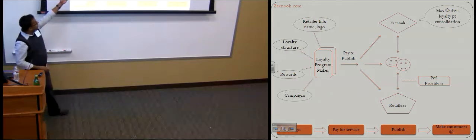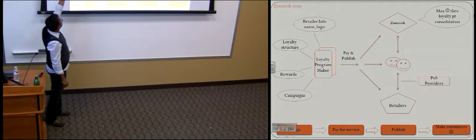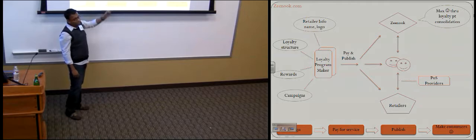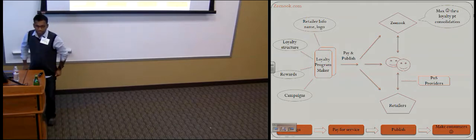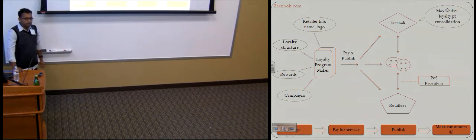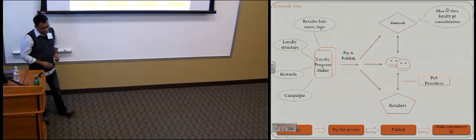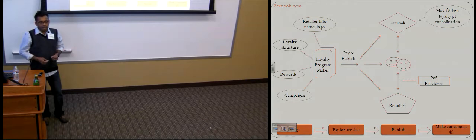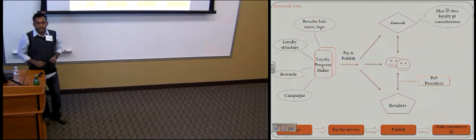We have a drag-and-drop loyalty program maker, which is a web application where you can basically drag and drop multiple elements and create a loyalty program. You pay for the service that you're interested in, and you go ahead and publish it. It gets published to our mobile phone app. So what it basically means is that when somebody is in your store premises and checks into the mobile app, they get a brand experience which happens to be not fragmented. So we are not in the picture here. The retailers are able to engage their customers with a very centered and very focused